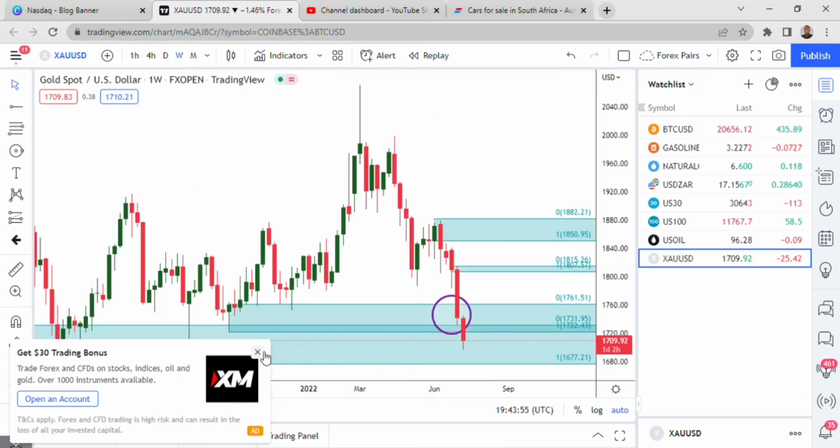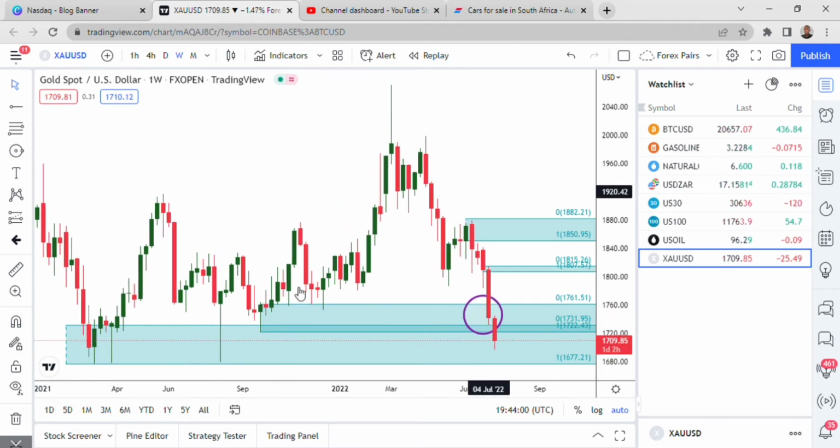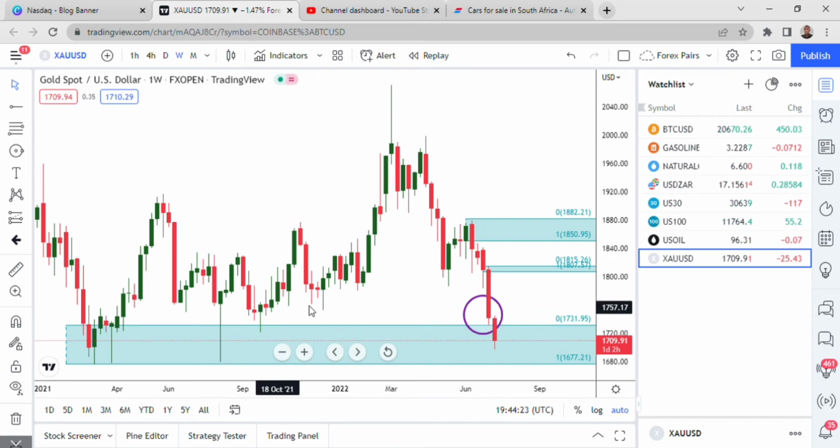Let me just try and remove some of this stuff. So on weekly, what do we see? Remember, on weekly we had this as the area where we were interested to take the trade from. The price just came back and violated it. Now it moved into this area here, and we know this is the monthly area of support, like we saw in the previous time frame. So the weekly one we have to remove, because the price has violated it. It does not exist anymore.